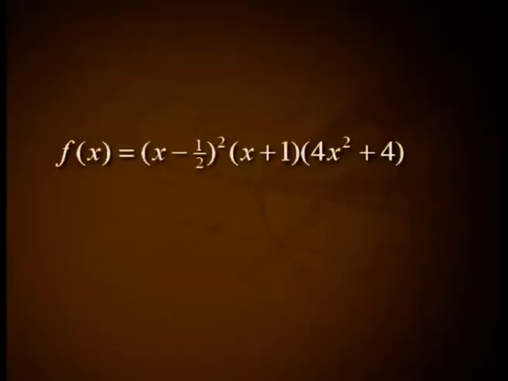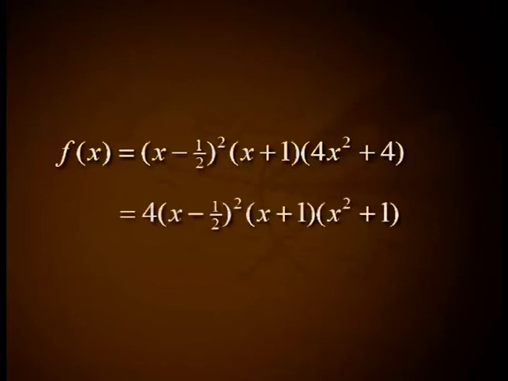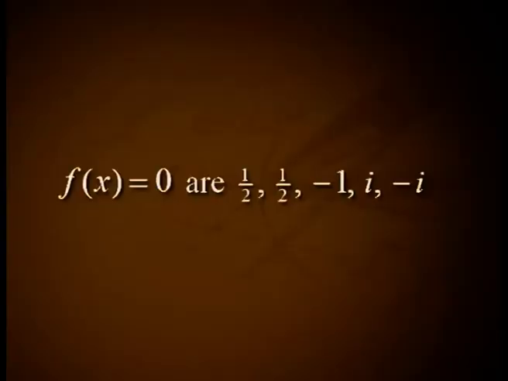Now using Theorem 7, the only possible rational roots of the third degree factor are 1/2 and minus 1. It can be seen that 1/2 is a root of 4x^3 minus 2x^2 plus 4x minus 2, and if we again divide f(x) by x minus 1/2, we can express f(x) in the following form: f(x) equals (x minus 1/2) whole squared into (x plus 1) into (4x^2 plus 4), which is equal to 4 into (x minus 1/2) whole squared into (x plus 1) into (x^2 plus 1). Hence the roots of f(x) equal to 0 are 1/2, 1/2, minus 1,